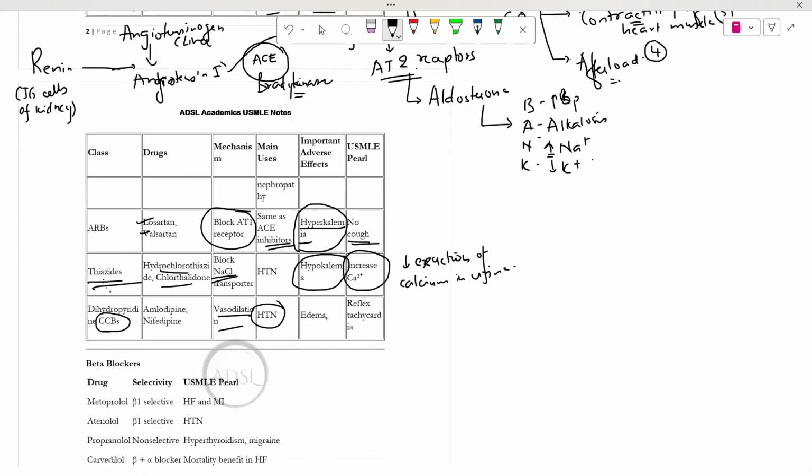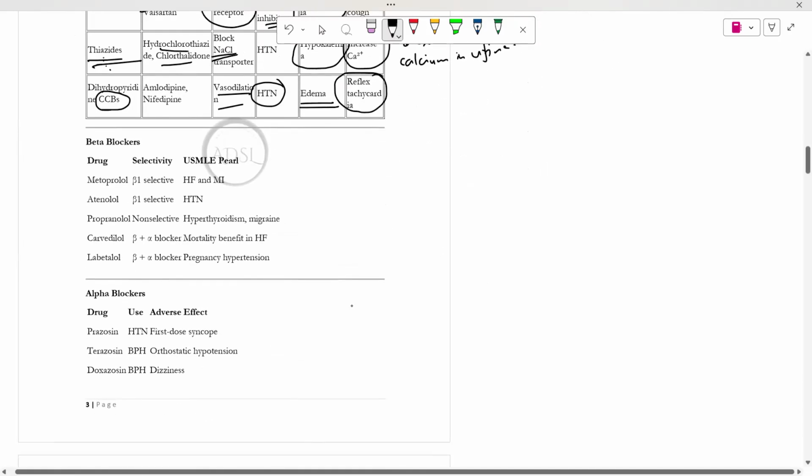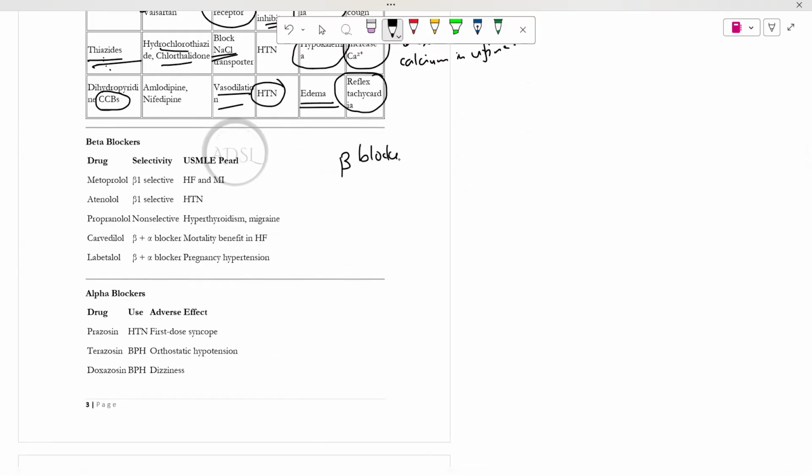Now, what is the problem that can happen? It causes a lot of edema. People who are on these calcium channel blockers will have a lot of pedal edema. Apart from that, it can also cause reflex tachycardia. Okay, reflex tachycardia. So some of the beta blockers, what do they do? Have you seen beta blockers? No. Beta blockers, especially, see, if you see the